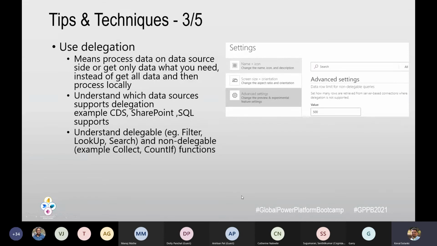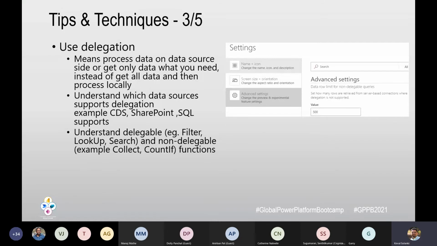Also understand which are the delegable functions and non-delegable functions. As I mentioned, filter, lookup, search can all work with delegation. Some, like count, if, then collect, are non-delegable functions. I'm not going into detail on the difference, but just briefly: delegable functions work while making your query.